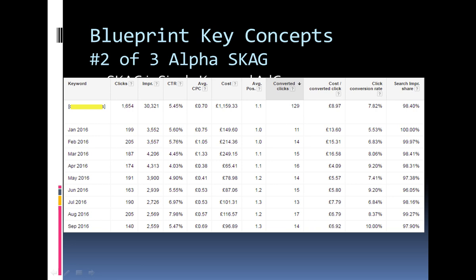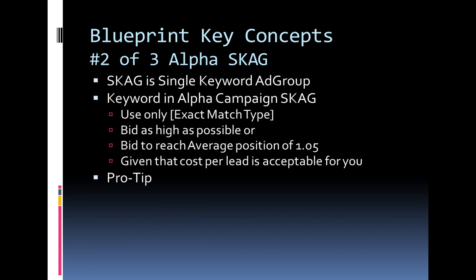And then, we continue to have a very low cost per conversion in this particular screen that you see. That's the reason why we don't want to be on position 1. 1.05, 1.1, 1.2, those are really good positions to be in, so that if someone is bidding really high, we don't have to pay or compete with them, right? Okay. Pro tip,